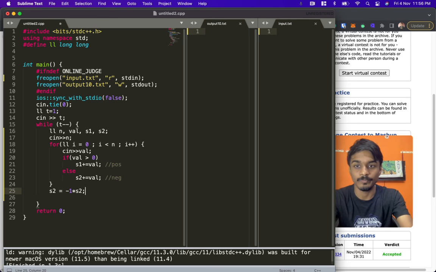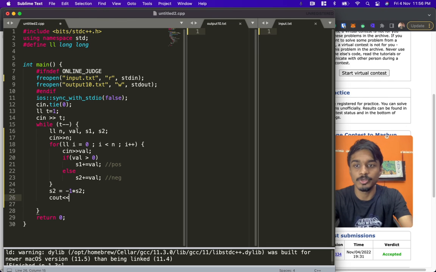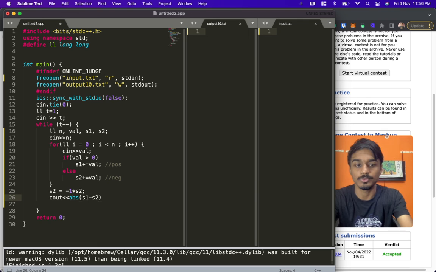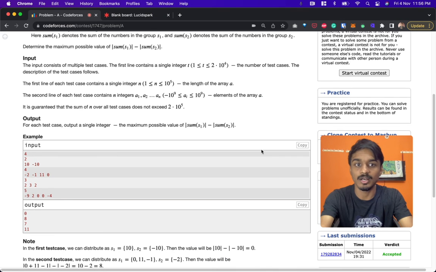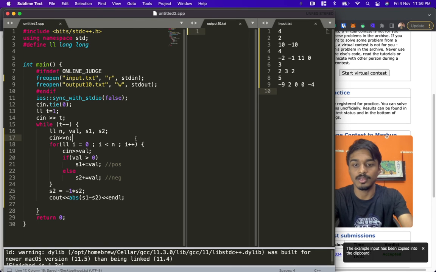Now, it can be the case that s1 is greater and s2 is smaller, or s1 is smaller and s2 is greater. We just need the magnitude of it. So we simply do the absolute value of s1 minus s2, and we simply put endl. Now let's try to run it. These are the inputs,